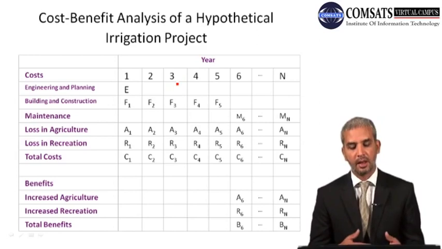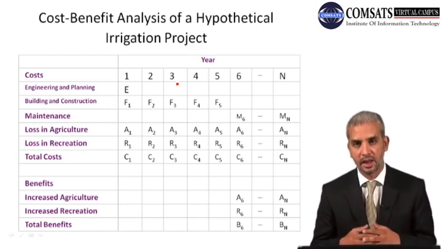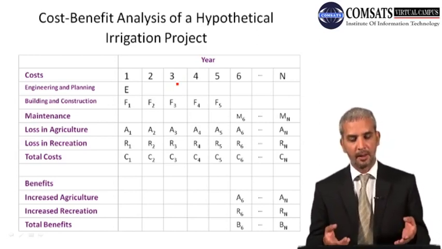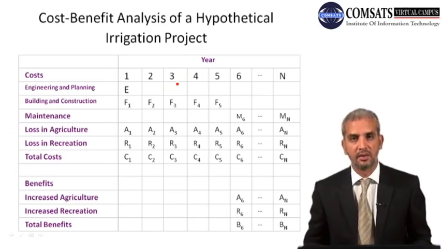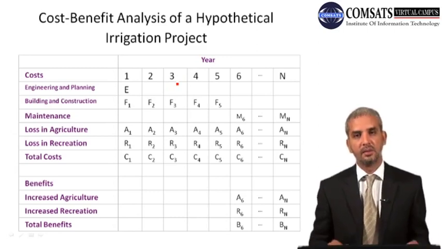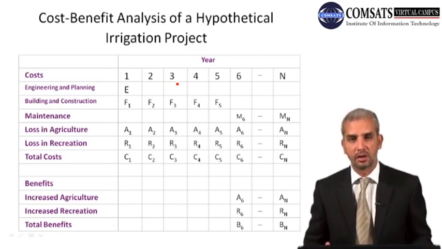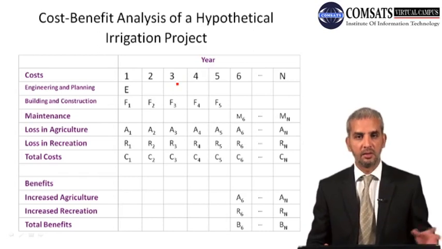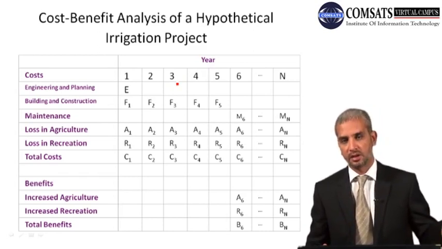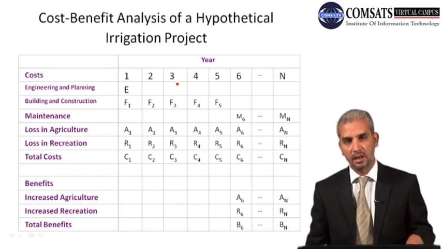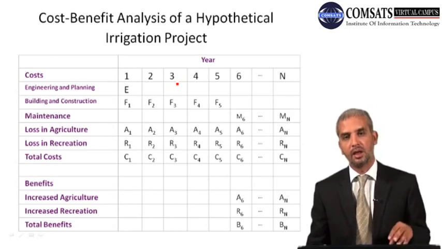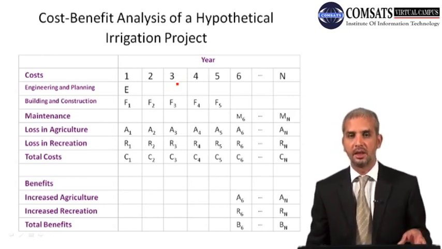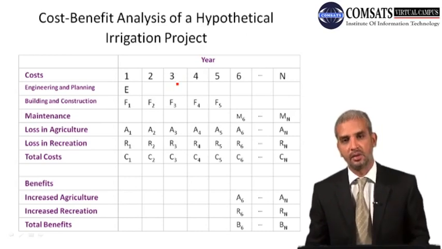Now I hope you understand what the next step would be, because this is evaluating. First we did the listing of all the costs and benefits. Then over here in this table we did the evaluation of all the costs and benefits. Listing would be enumerating the costs and benefits, just making a list of them. Then there is the process of evaluation. Evaluation would mean putting a dollar value on all the costs and benefits, whether direct or indirect. So this is what we have done over here.